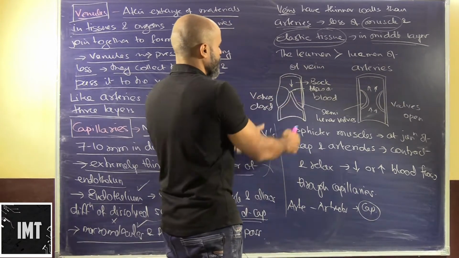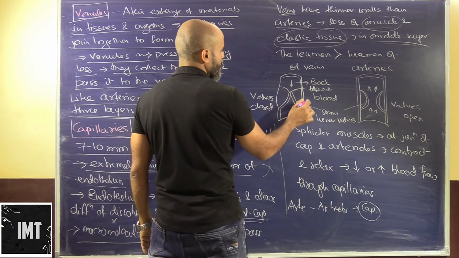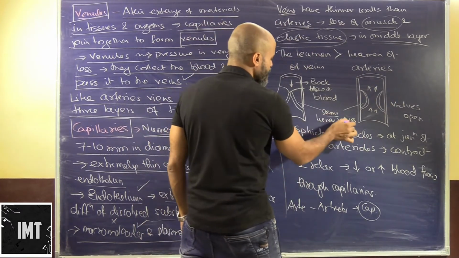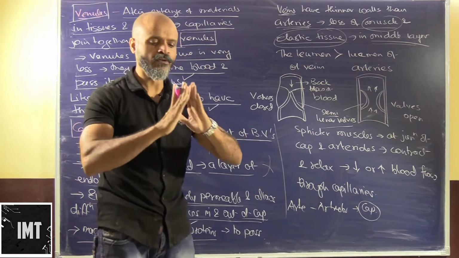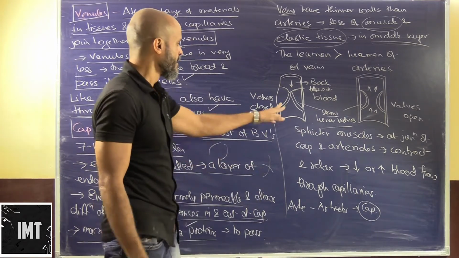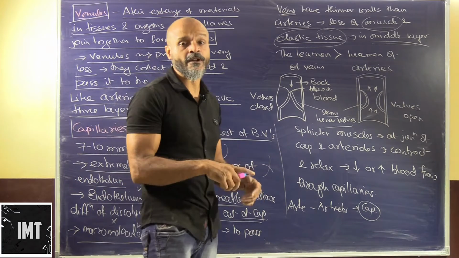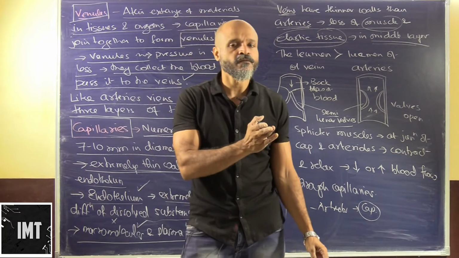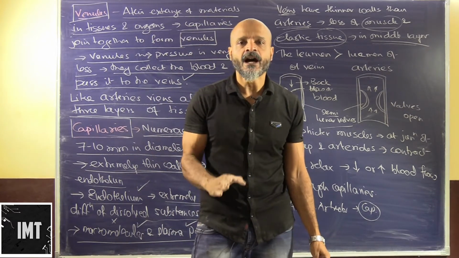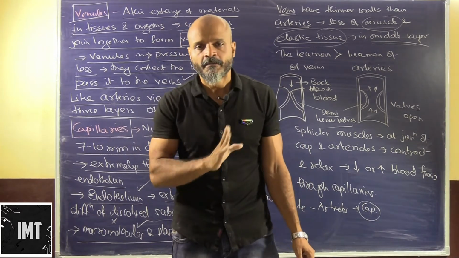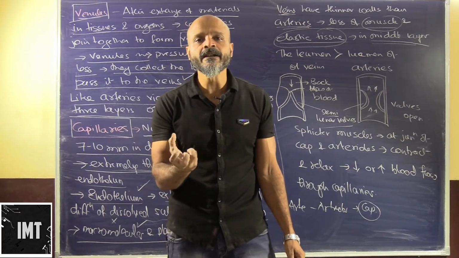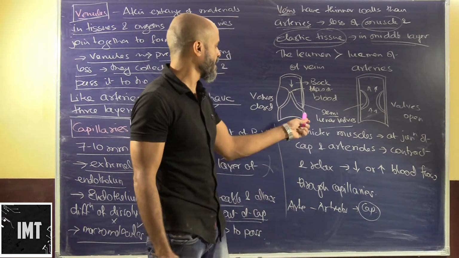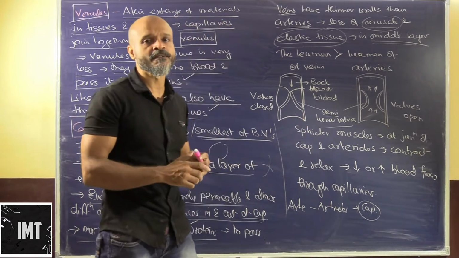So let's say this is the lumen, and here the walls are closed. Here there is a lumen and the walls are open. So what happens is we have semilunar walls. These are semilunar walls, they are like moon shaped. In arteries the pressure is high, so the flow of blood will be unidirectional. Arteries won't generally need such walls because the pressure is high. The arterial pressure is definitely very high because it is flowing through, but in veins the pressure becomes very low.